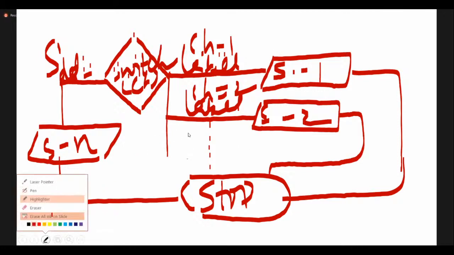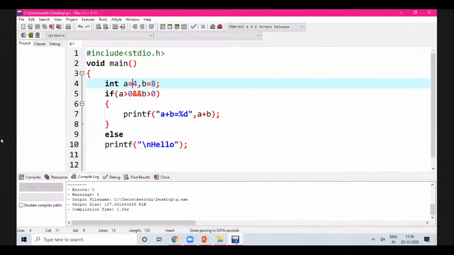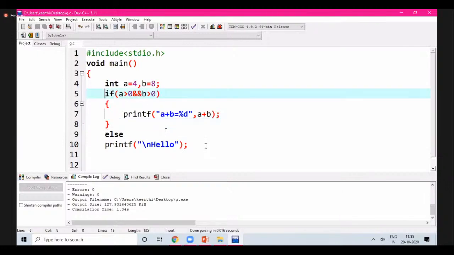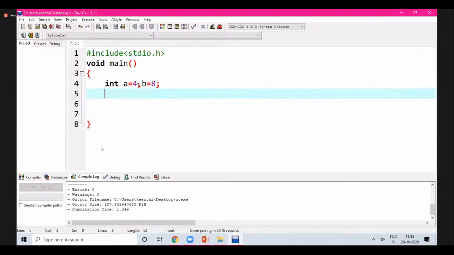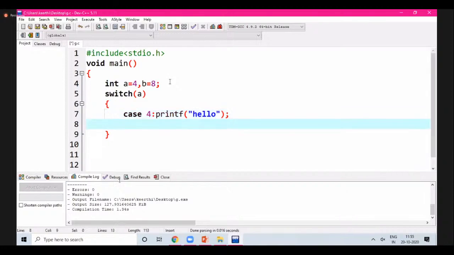I want to show one example. In switch case, I can write like this: switch of a, case 4: printf hello, then break.